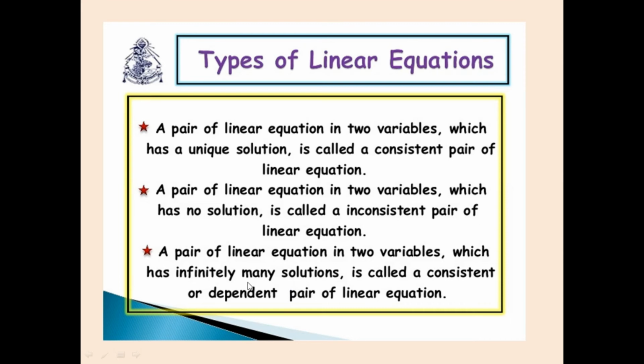In the third case, they keep on meeting each other. When they keep on meeting each other, they will have infinite points in common, hence infinite solutions. They have again not given up on each other, hence a consistent pair of equations, but they are totally dependent on each other. The second case: the linear equations have no solution. That means they will never meet. The kind of lines that never meet are known as parallel lines. Such a pair is an inconsistent pair of linear equations because they have given up on each other. They do not have any meeting point.